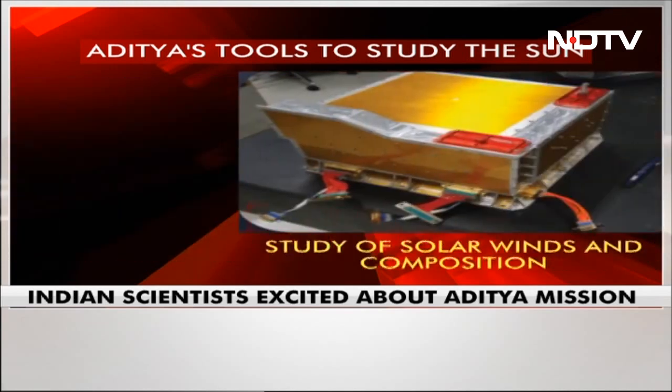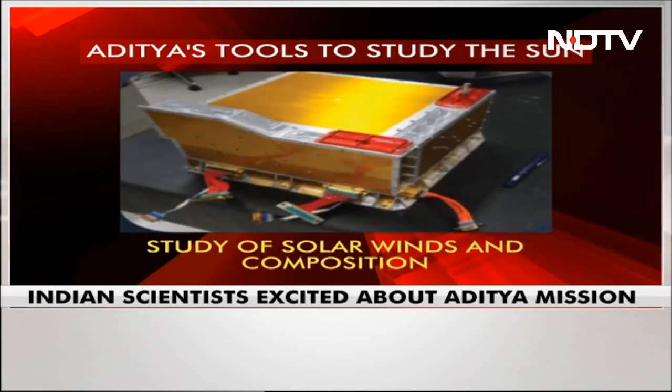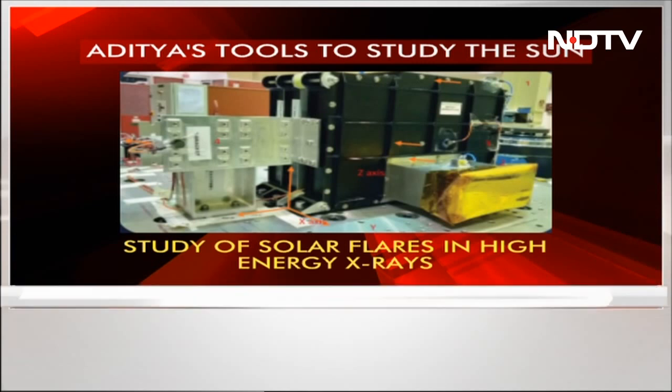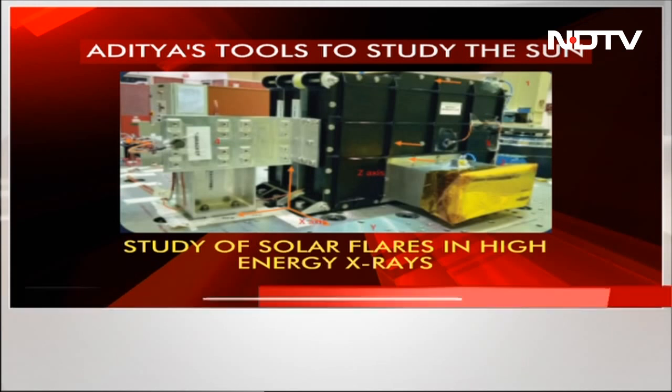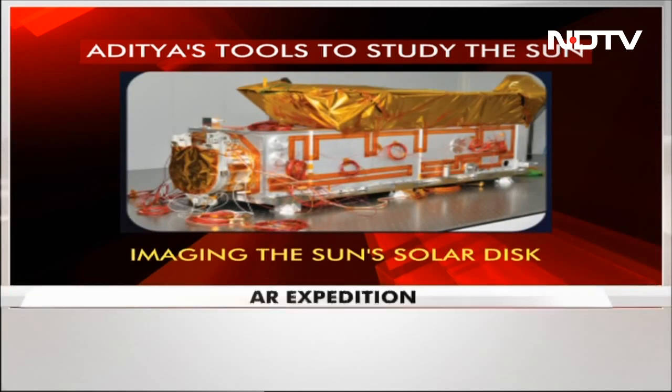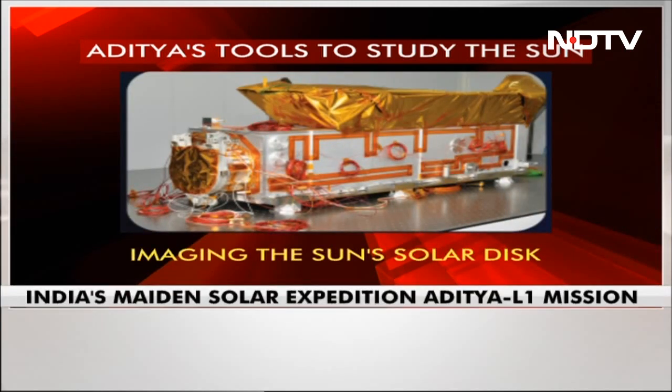Again, we'll explain all of this to you over the next 1 hour. There's the plasma analyzer package. It's designed to understand solar winds and its composition. Also the mass analysis of solar wind ions. There's the high energy L1 orbiting X-ray spectrometer. What does that do? It's designed to study solar flares in high energy X-rays. There's the solar ultraviolet imaging telescope. The images of the solar disk in the near ultraviolet wavelength range provided through this device will be useful for